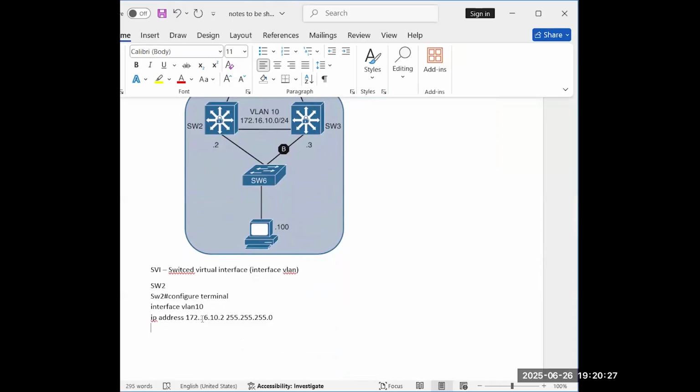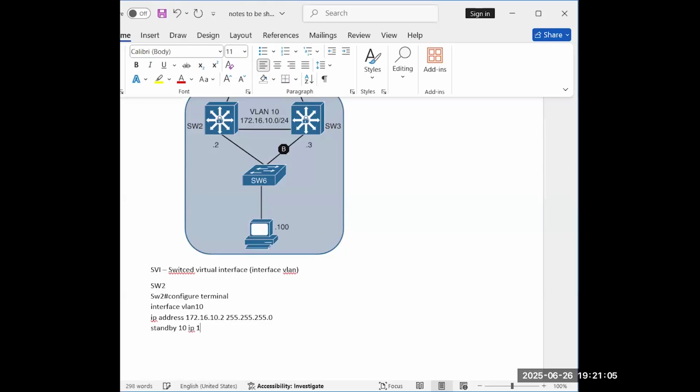Now I want to enable HSRP. So what I will do, I will configure one virtual IP. That virtual IP is going to be acting as a gateway IP. That is standby. We have to give some instance number 1, 2, 3, 4, anything, because we have multiple VLANs. So for multiple VLANs, we have to keep on changing the instance number. Okay. So standby 10